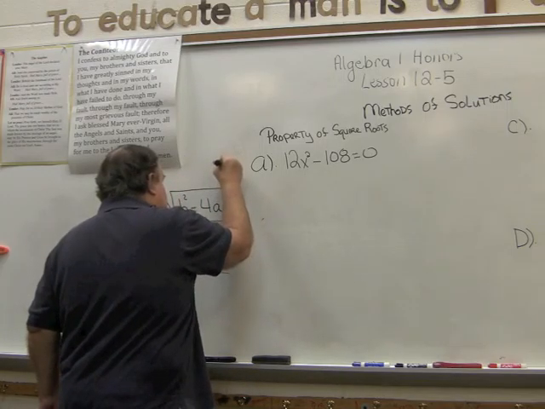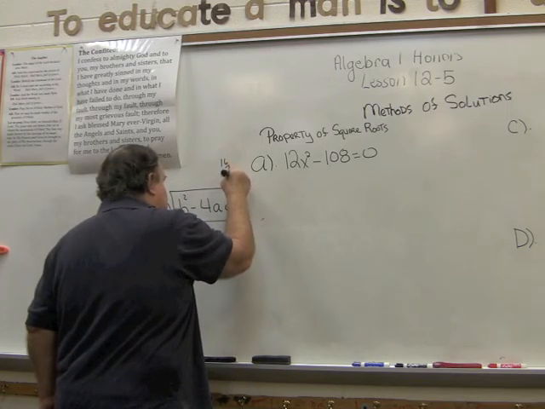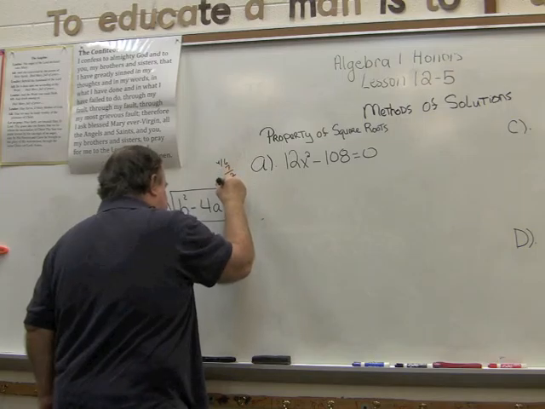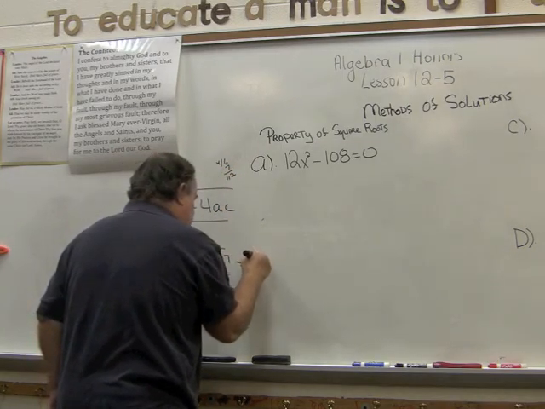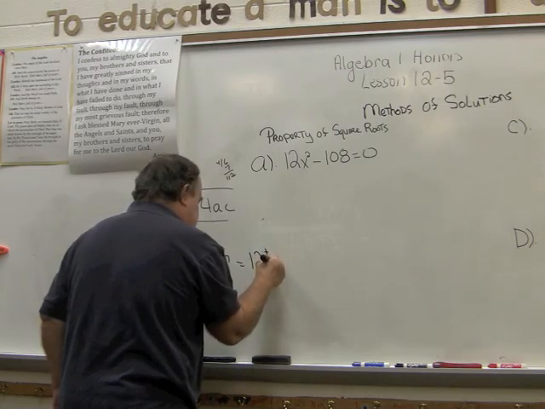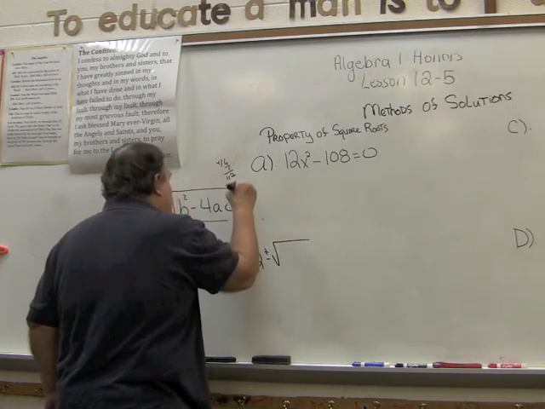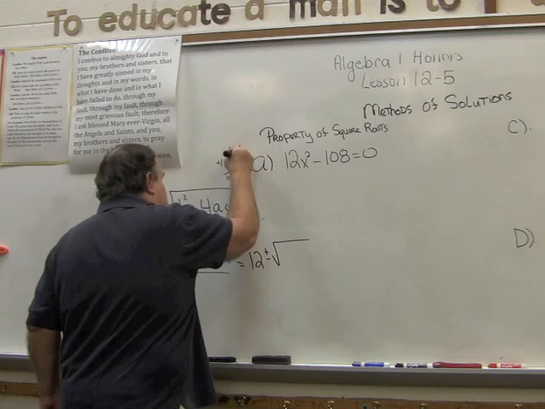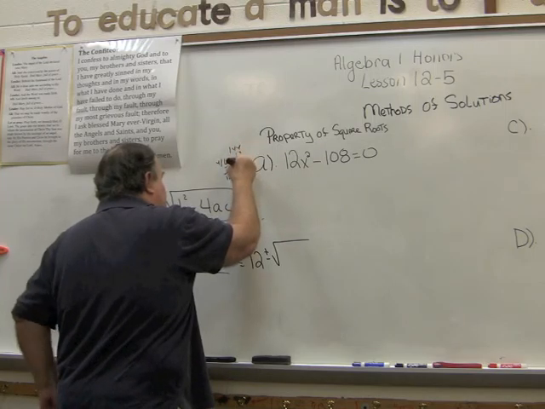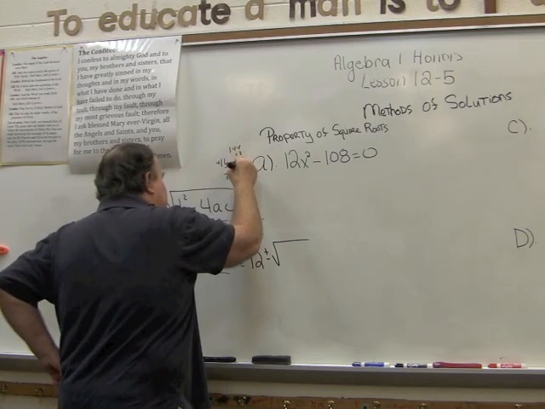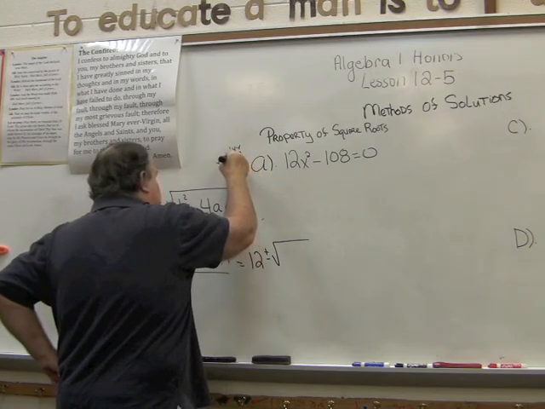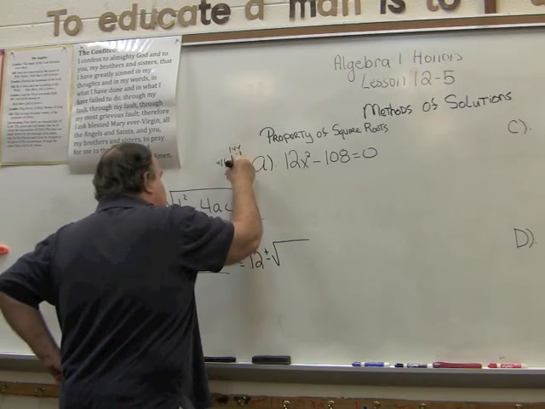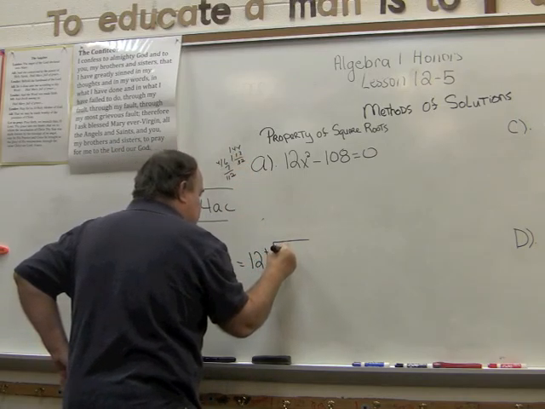We have to figure out what 16 times 7 is. 6 times 7 is 42, so it's 112. This is going to be 12 plus or minus the square root of 144 minus 112, which is going to be 32. So it's going to be the square root of